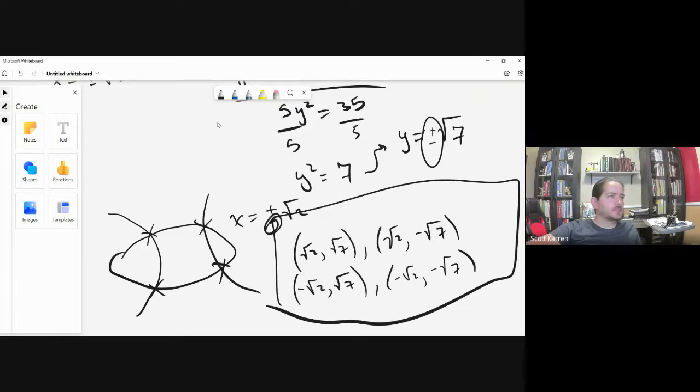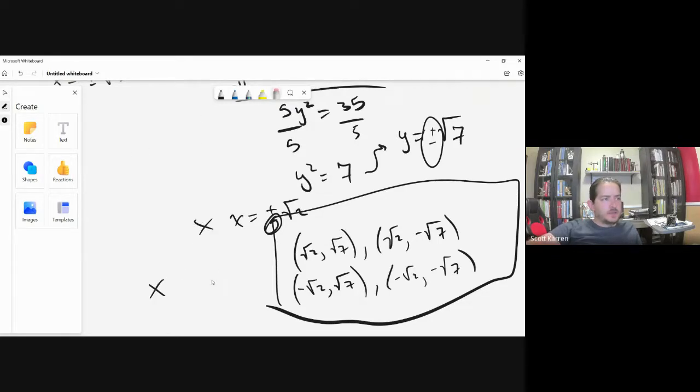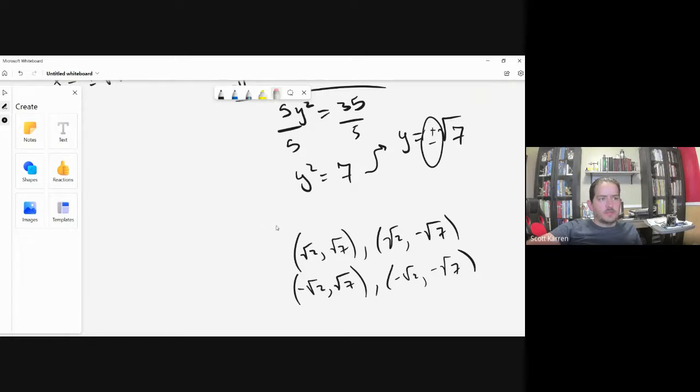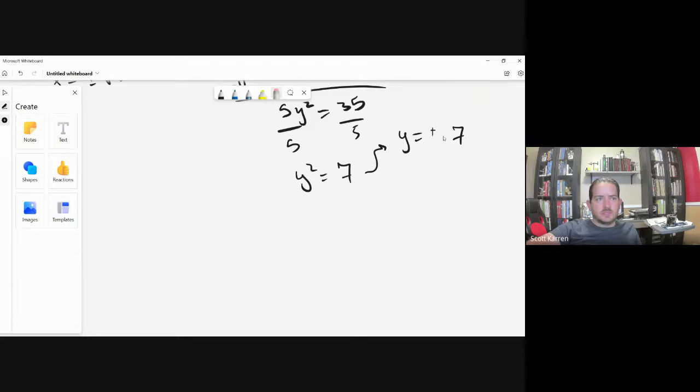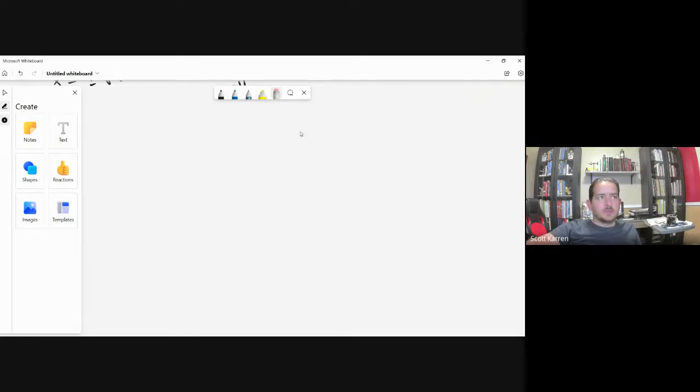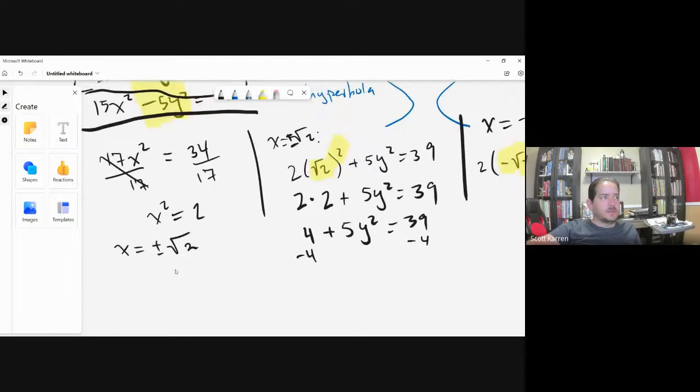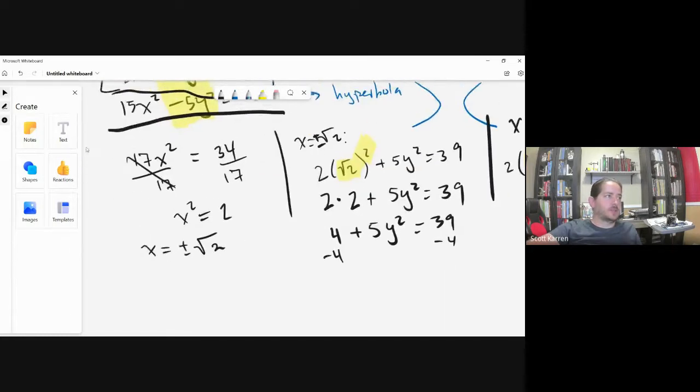All right, let's take a look at this next one here. The overall idea here, though, is if you can't visualize it, and for a lot of these you won't be able to because they're just, you know, a little bit crazy sometimes, is to be able to eliminate one of the variables, however that happens, and then,